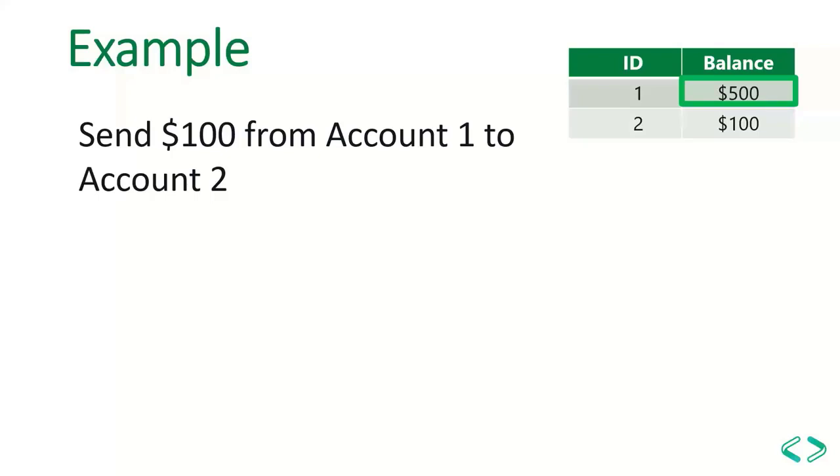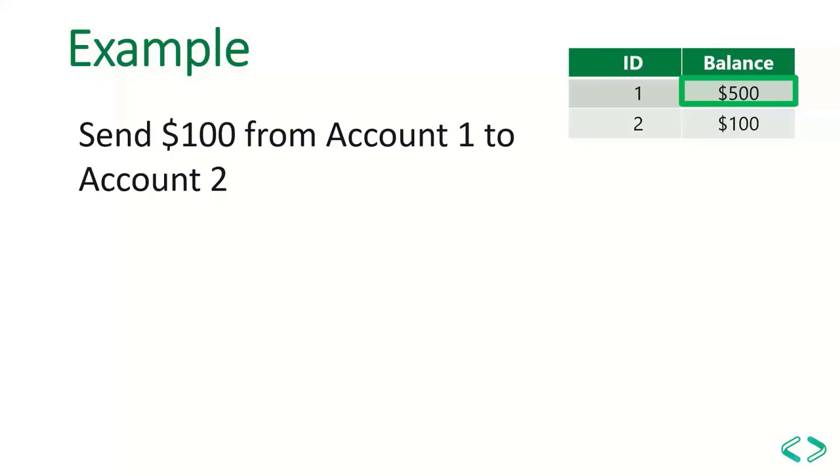Now, this transaction has two operations in it. First, we have to deduct $100 from my balance, which is $500. And then the next operation is to credit $100 to my friend's account. This transaction can be done in multiple ways. We can use the online application, or we can use the mobile phone application. In this scenario, let's take the mobile phone application.